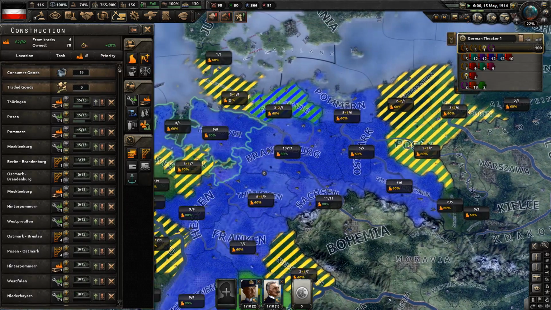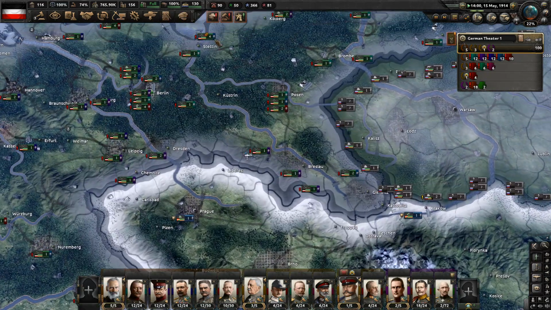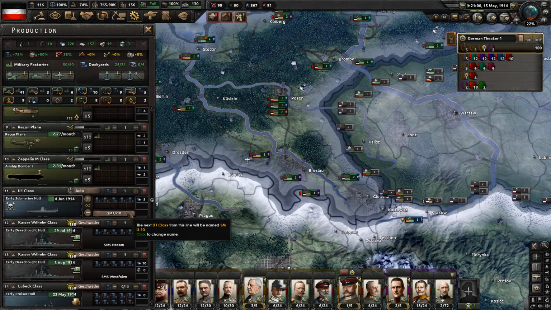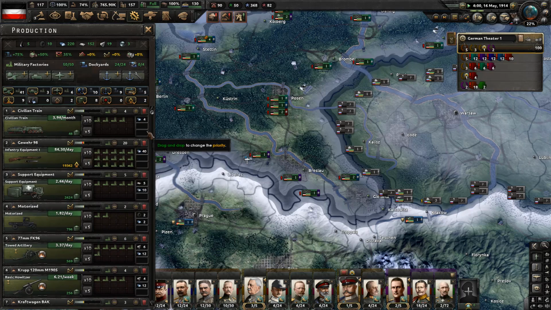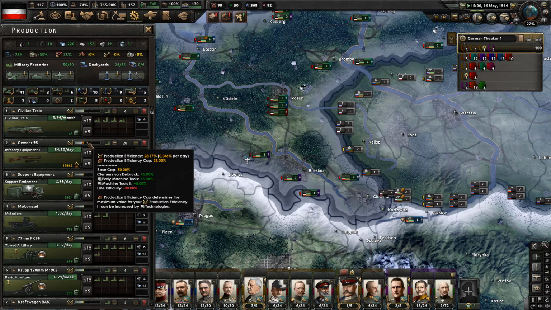Okay, I think this is good. The reason why I'm not prioritizing the railway is I don't think that it's going to be necessary at this point, but we'll see down the line. We can always give it a bit more of a priority. Okay, we now have 20 factories working on the infantry equipment, and we are even reaping the benefits of the increased production efficiency. So we'll leave infantry equipment